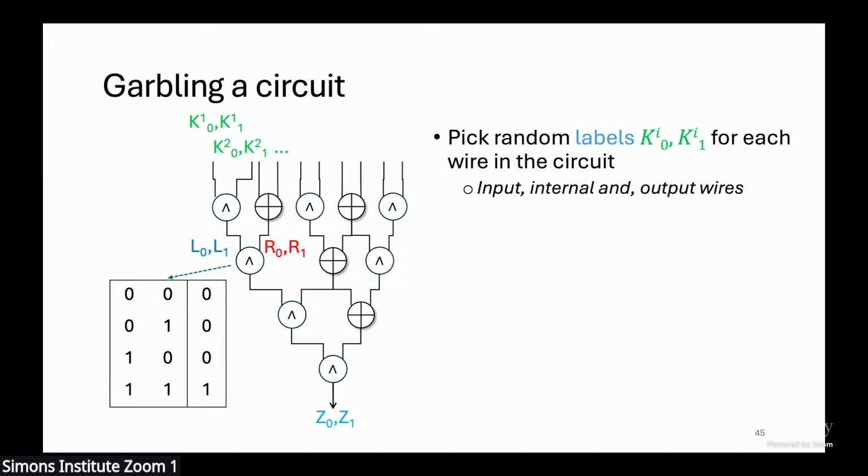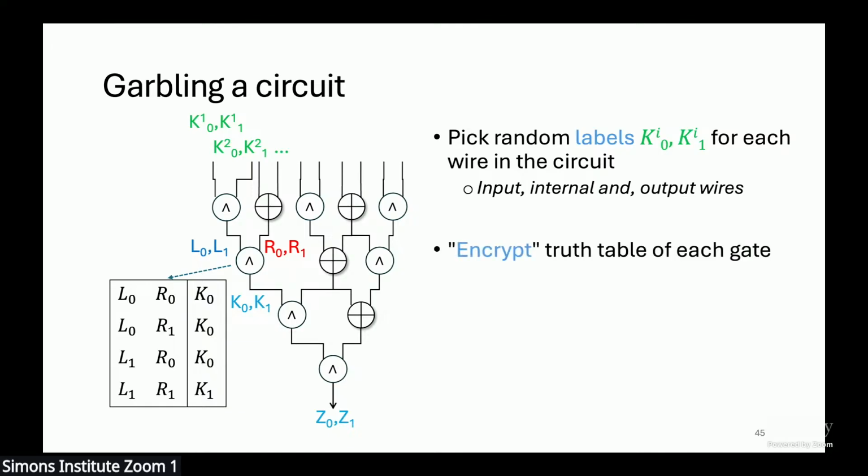And we pick these for the input wires, the intermediate wires, and the output wire of the circuit. And then for each gate in the circuit, we're going to use these labels to generate a garbled version of this gate by encrypting the truth table of every single gate in the circuit. So now replacing the truth table with the corresponding labels for the input wires and the output wires,